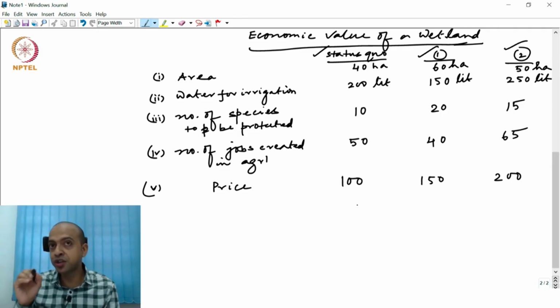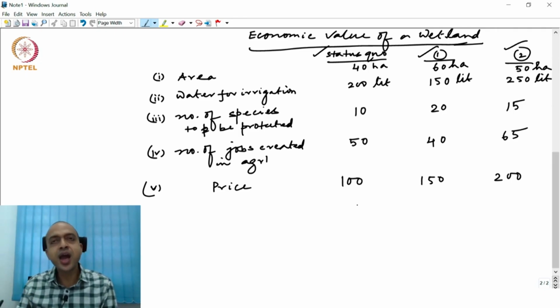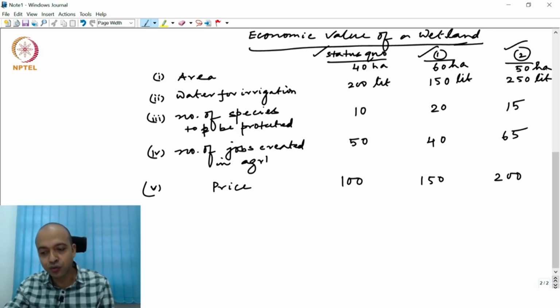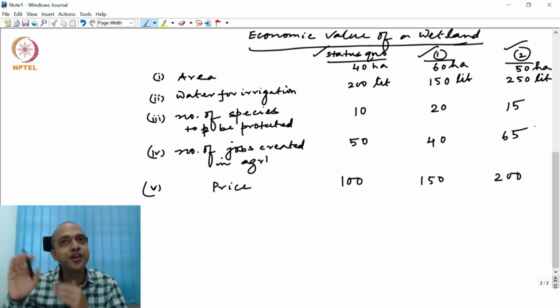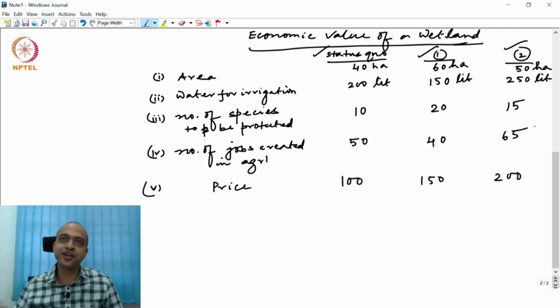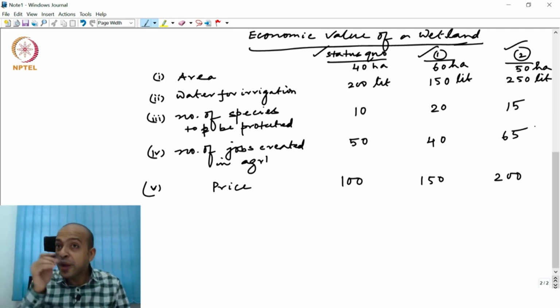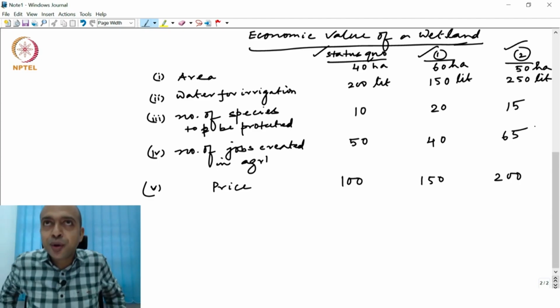So the respondents will think, does it make sense to pay this additional 100 rupees to get 10 additional hectare, 50 additional liter of water, 5 additional number of species, 15 additional jobs? So respondents have to make a trade-off between money and all these attributes. So based on their utility or preference,